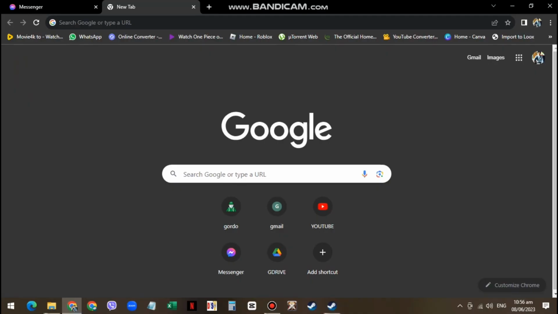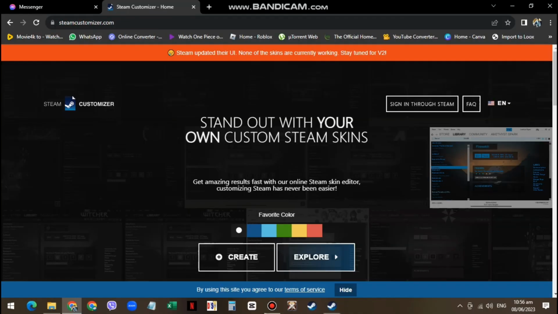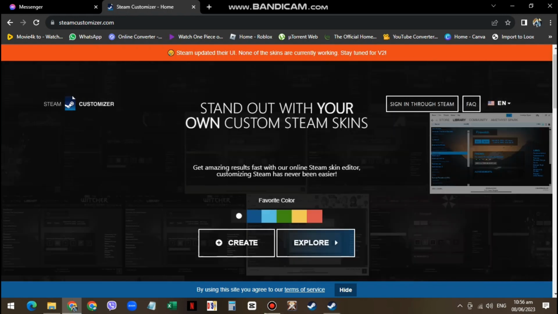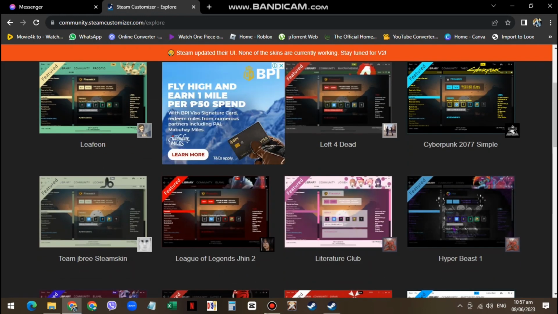So let's start. Please open up your browser and go to themecustomizer.com. You can actually create and make your own custom theme skin by hitting create, but we're just going to explore. Here are all the skins, and once you find one you like, just simply click on it and